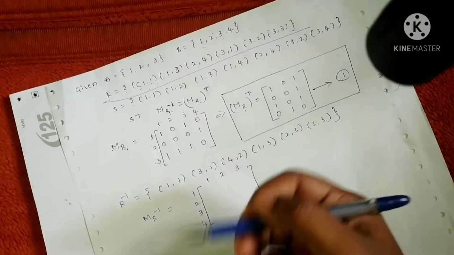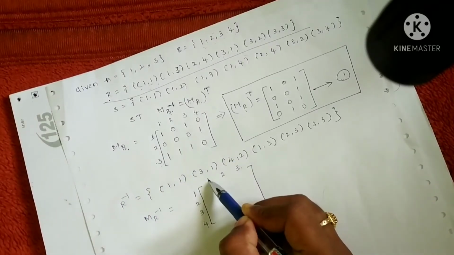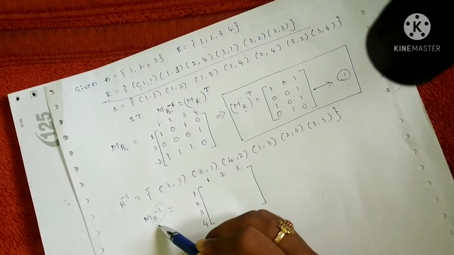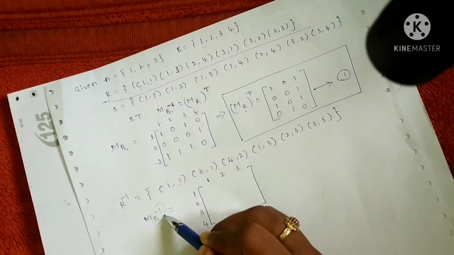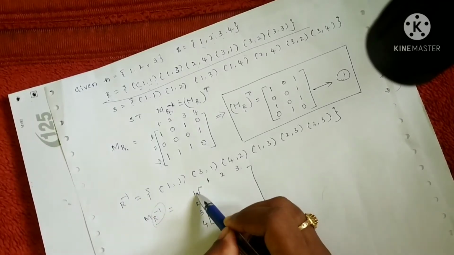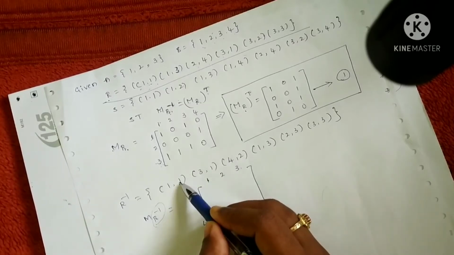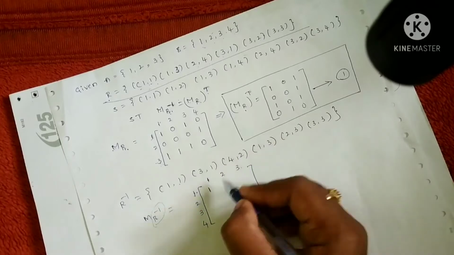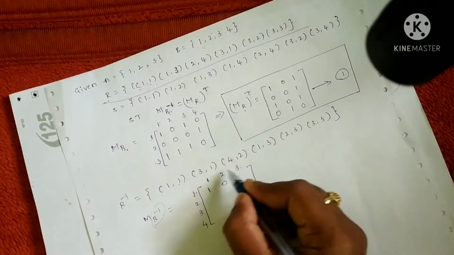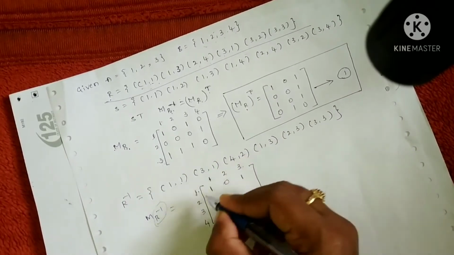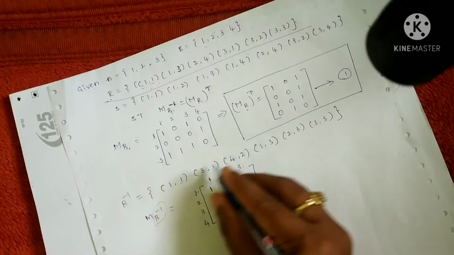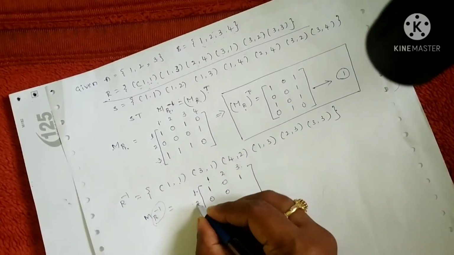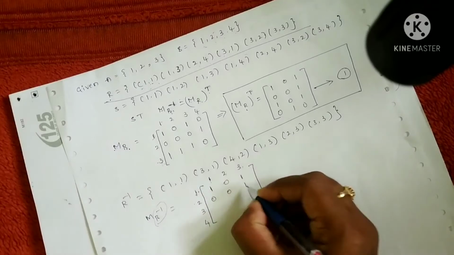Now do the same thing again. Do we have a relation from 1 to 1 in R inverse? Since we are talking about the matrix of relation R inverse, we have to look at the relation R inverse. Do we have an element from 1 to 1? Yes, we have, so make that 1. Next, 1 to 2 we don't have, so 0. 1 to 3, yes we have, so it is 1. Again 2 to 1, do we have it? We don't have, so make it 0. 2 to 2 we don't have, 0. 2 to 3, yes we have, 1.